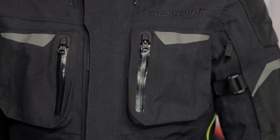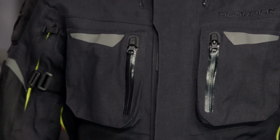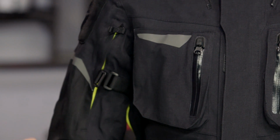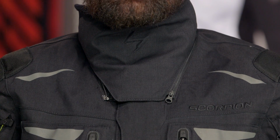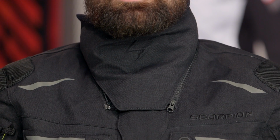And you're gonna see throughout, there are a ton of different pockets. There are 9 of them, 4 of which are waterproof. And there's 9 different vents on this jacket. You have massive arm vents. You're going to have venting under the pits in the back, working the way in to allow you to have complete airflow. The nice part too is we've even removed the storm collar, but there's going to be a 20-gram insulation liner storm collar that zips right here